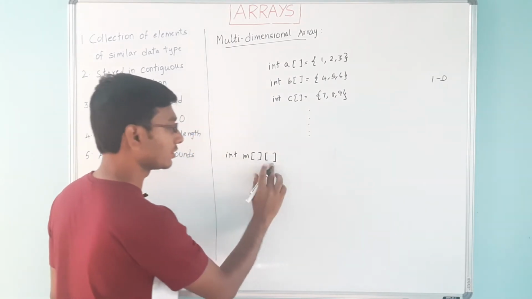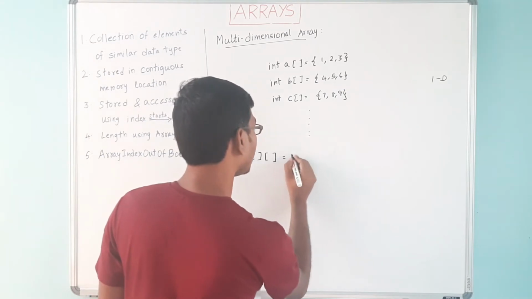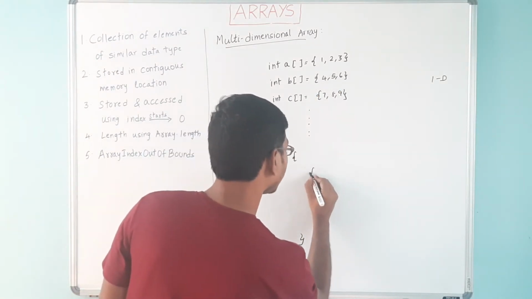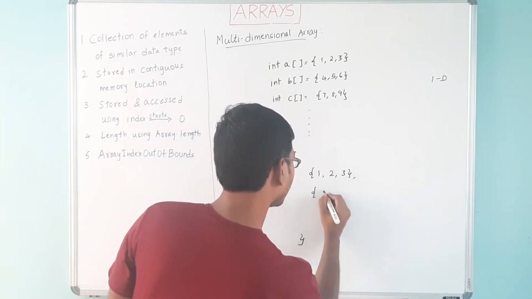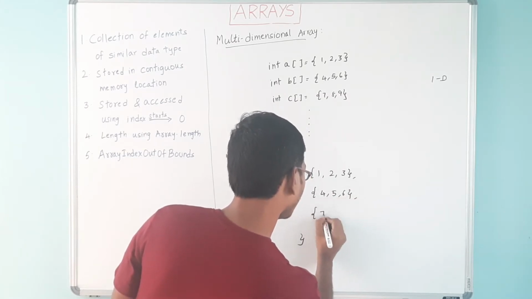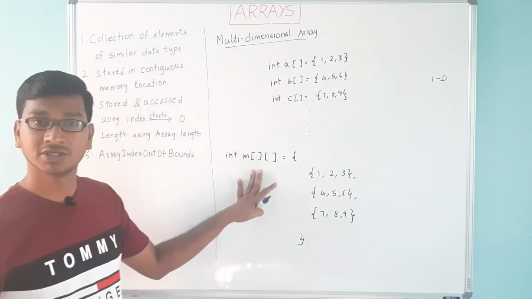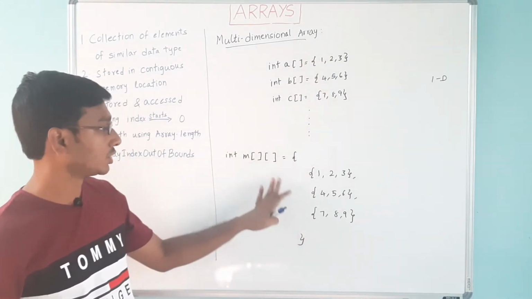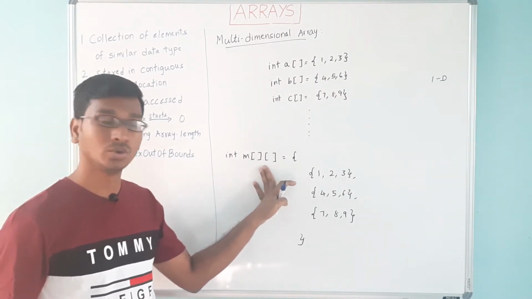So this is the syntax of it. We need to have square brackets two times, and then we can have all these values inside it like this. So this is a 2-dimensional array which can hold the array objects. You can call this an array of arrays. That is what we call a 2-dimensional array.